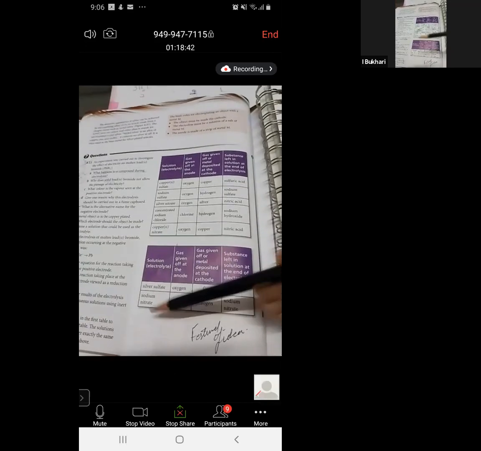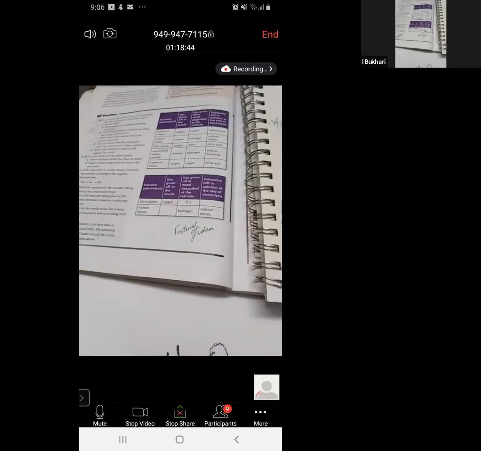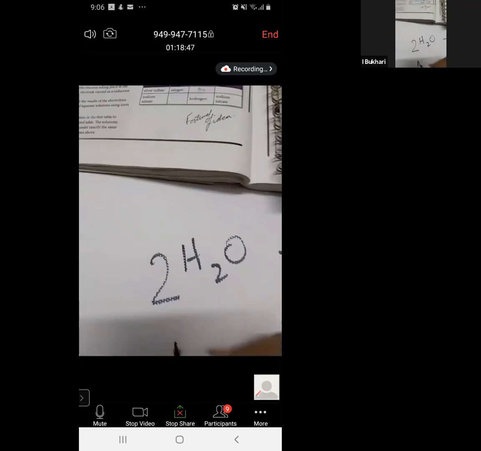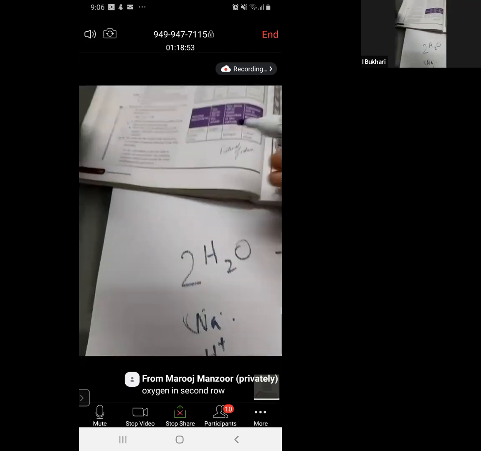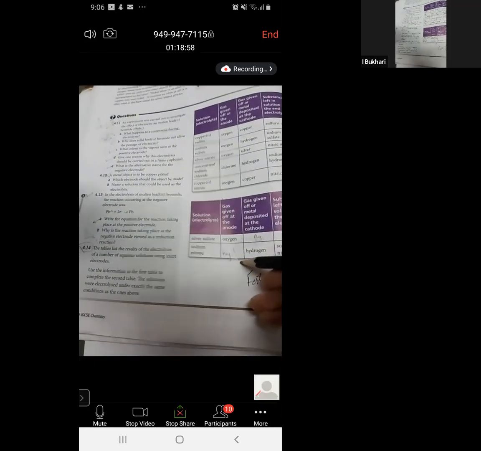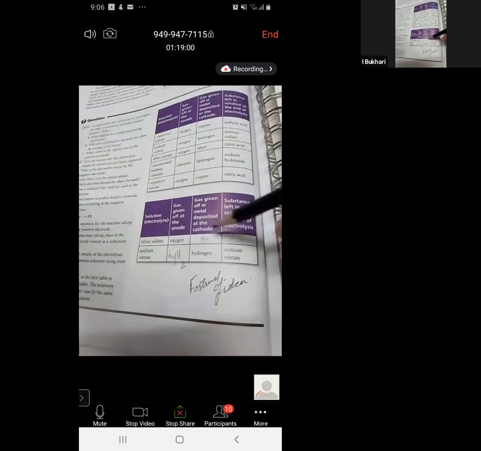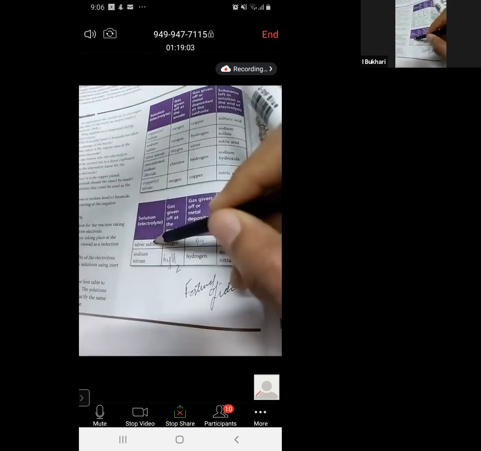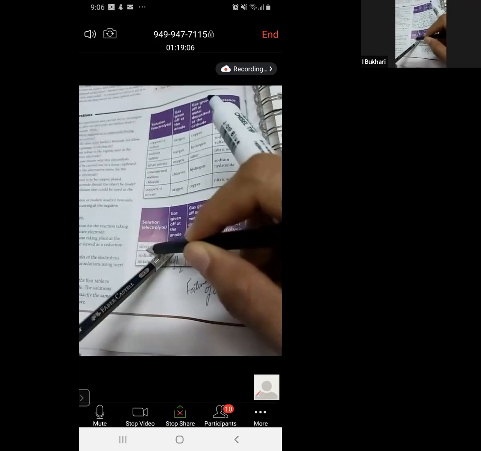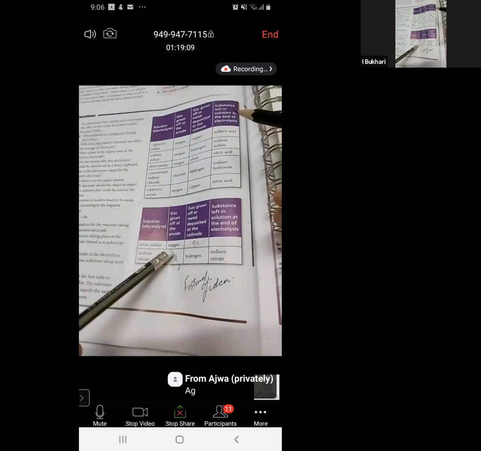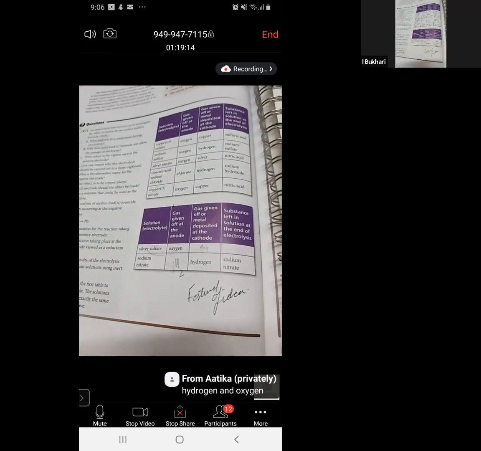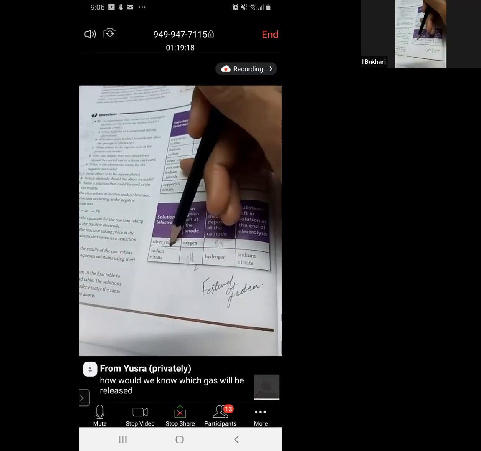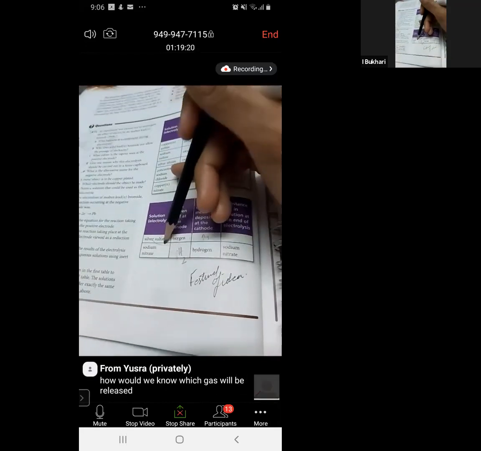Solution. So what are the ions here? Sodium nitrate: sodium and hydrogen. Of course, sodium will never be released, so it is hydrogen here. This is easy. I'm just writing H2. And then this blank, silver sulfate. Sulfate will always stay in the solution. Remember, sulfates, carbonates, nitrates will always stay in the solution. I will give you a reactivity series and send it in the group.